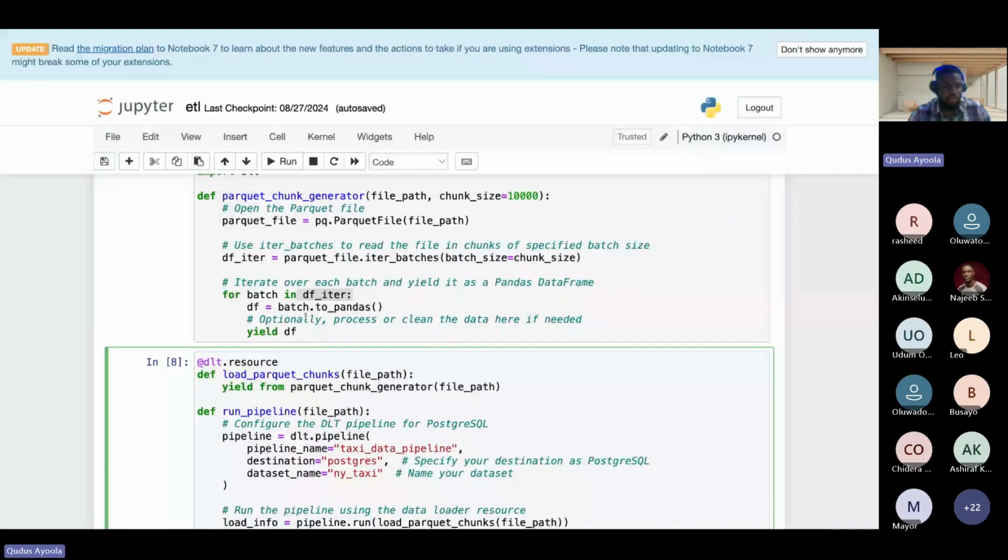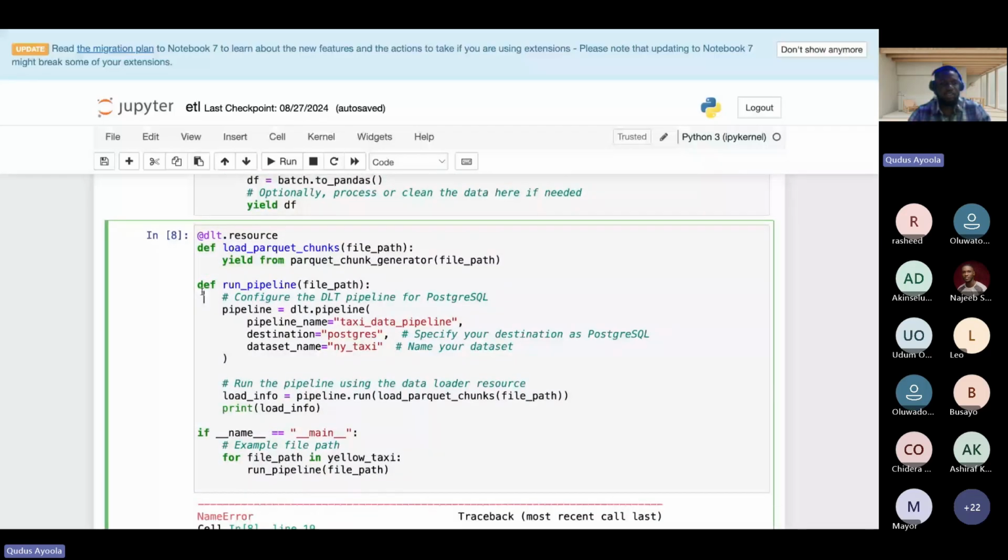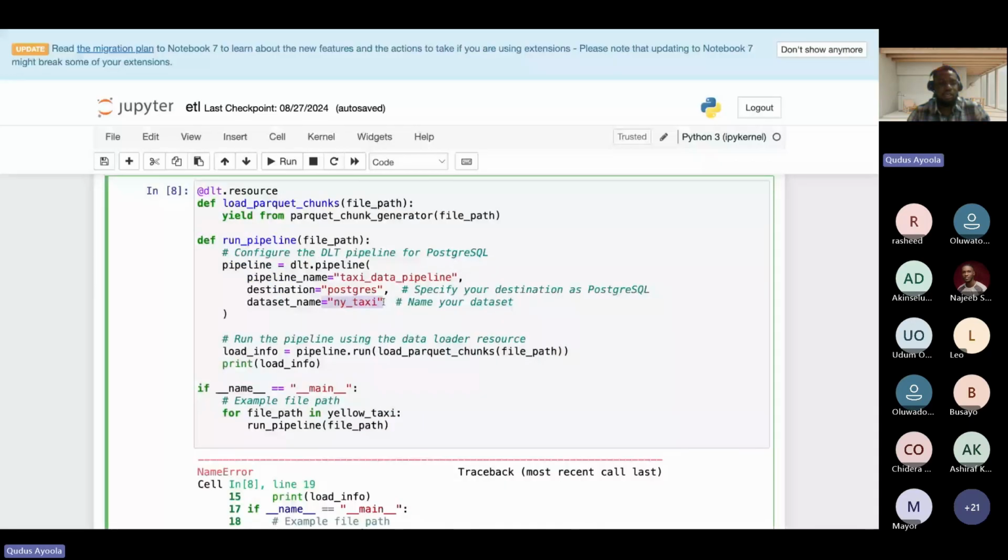So what I can then do, after defining this, is a template for DLT in order to load into a Postgres environment. So this is a template that defines the pipeline, specifies the database name in my taxi pipeline, specifies the Postgres destination. It specifies the pipeline name, it specifies the database name, and the destination, which is Postgres.